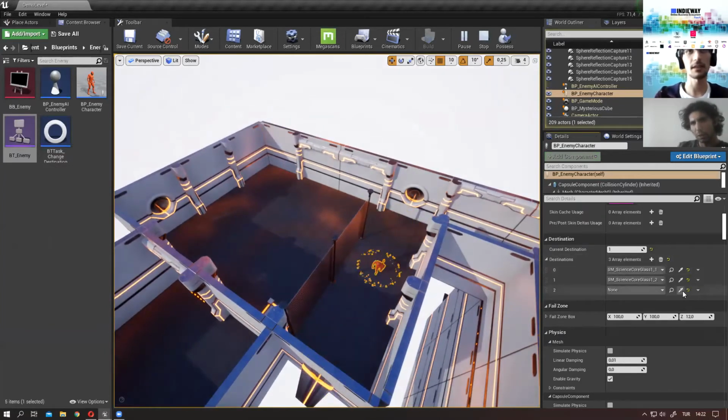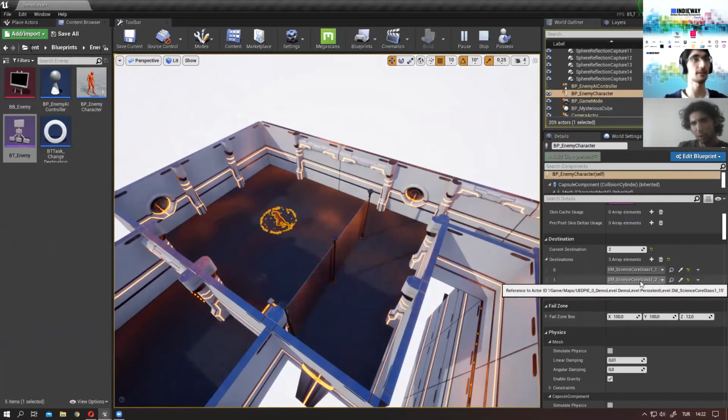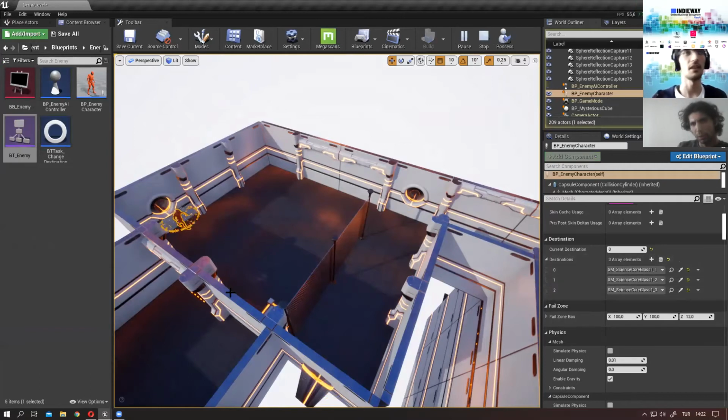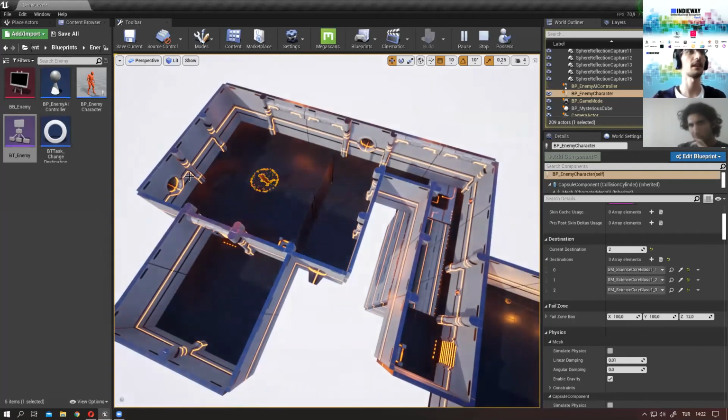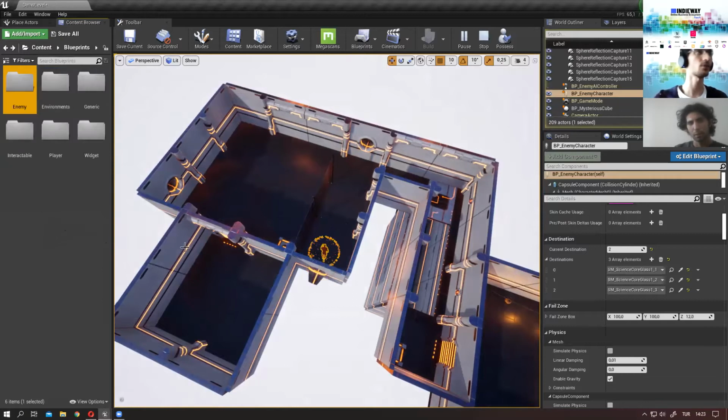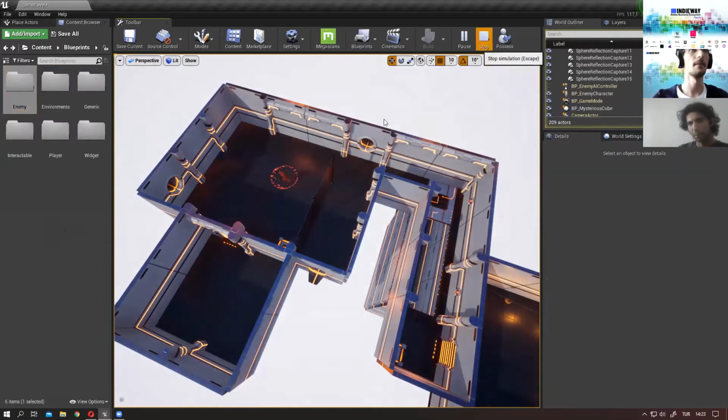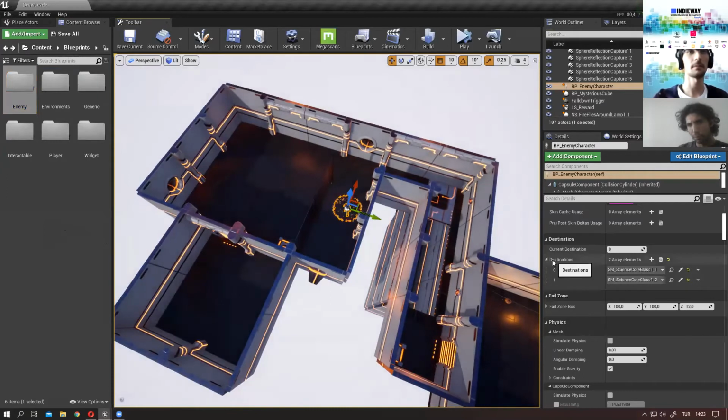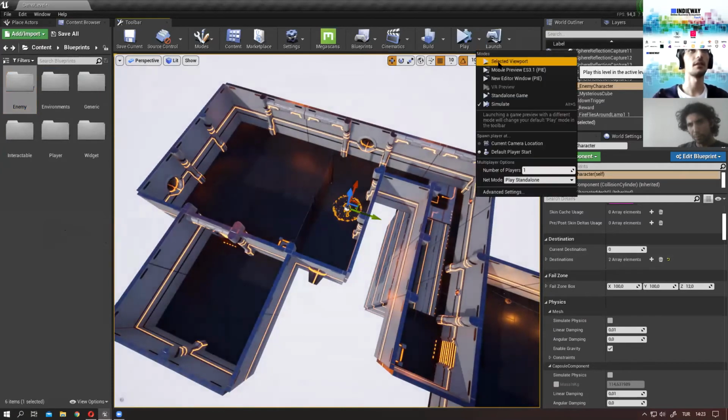Actually, there are some advantages of doing all these in the interface. While our character is walking, various destinations can be reassigned for the character. And at different levels, this character can be moved to the other points. For example, if our map was a different one here, we could choose another character over the artificial intelligence again. This is the artificial intelligence,